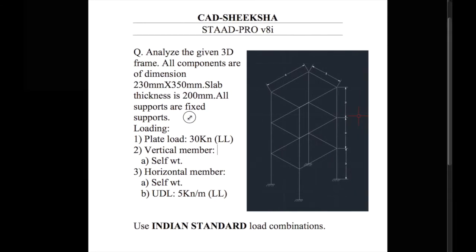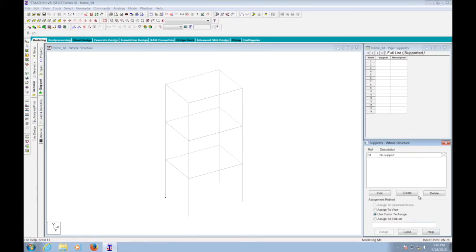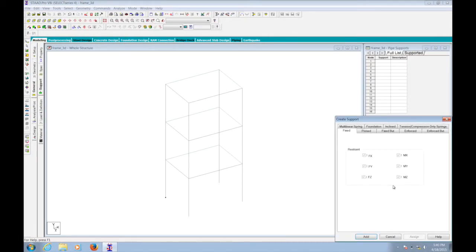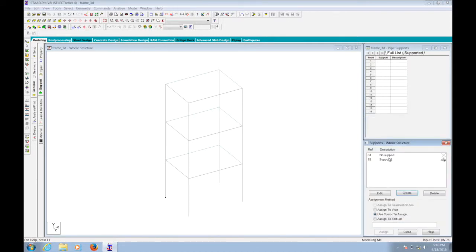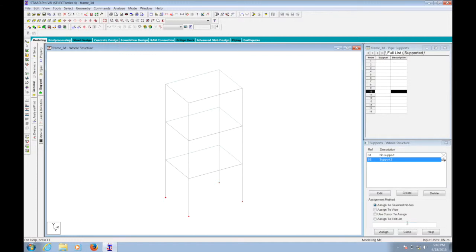All these supports are fixed. So this is easy. We always do it with the same method. Define the fixed support. Select nodes cursor. Now go to any other view and here you can directly select all the 4, assign to selected.